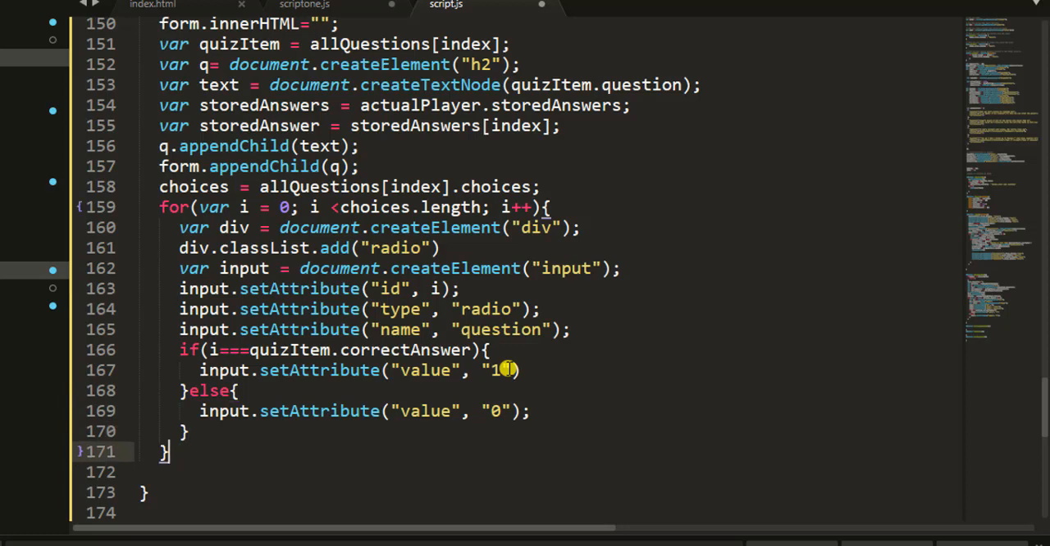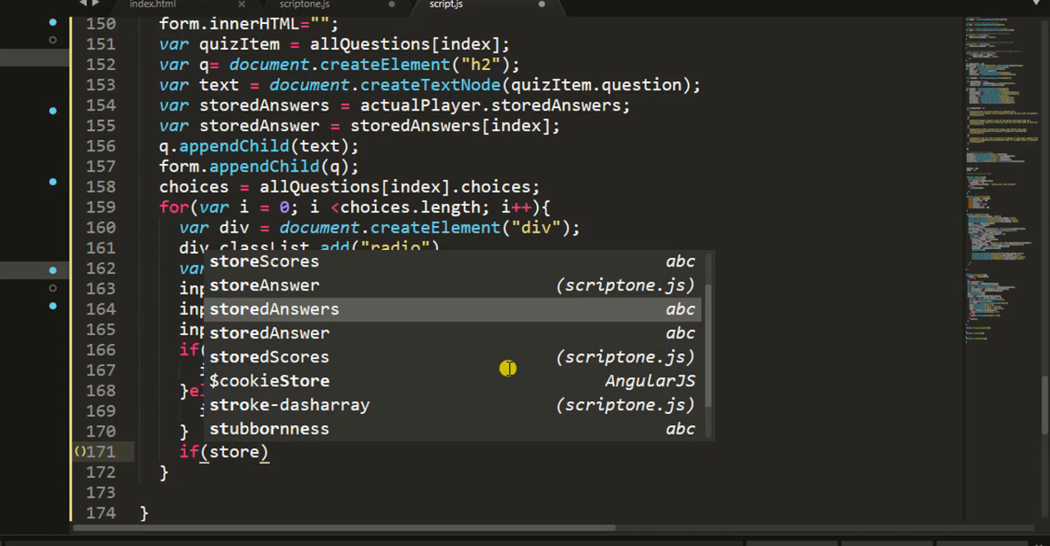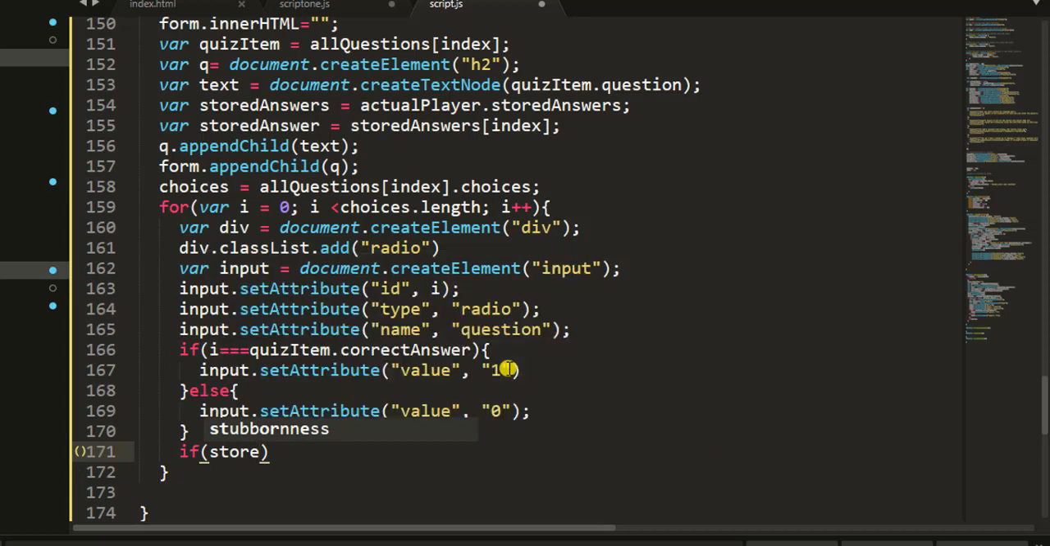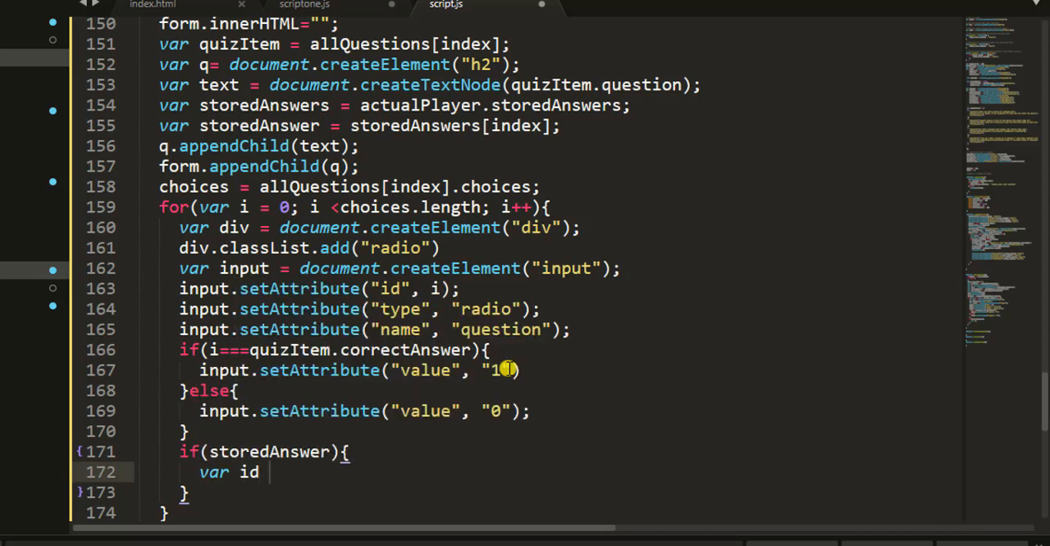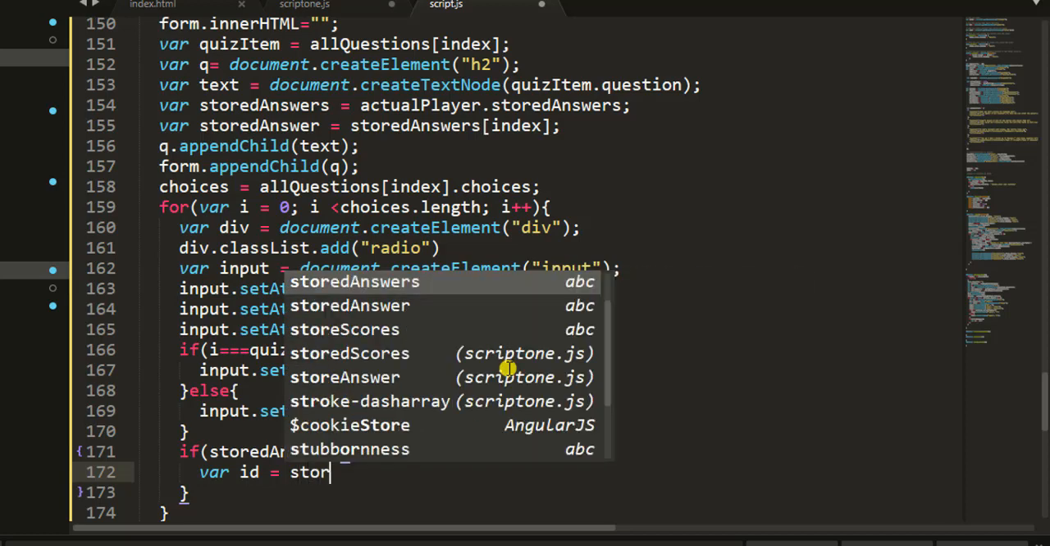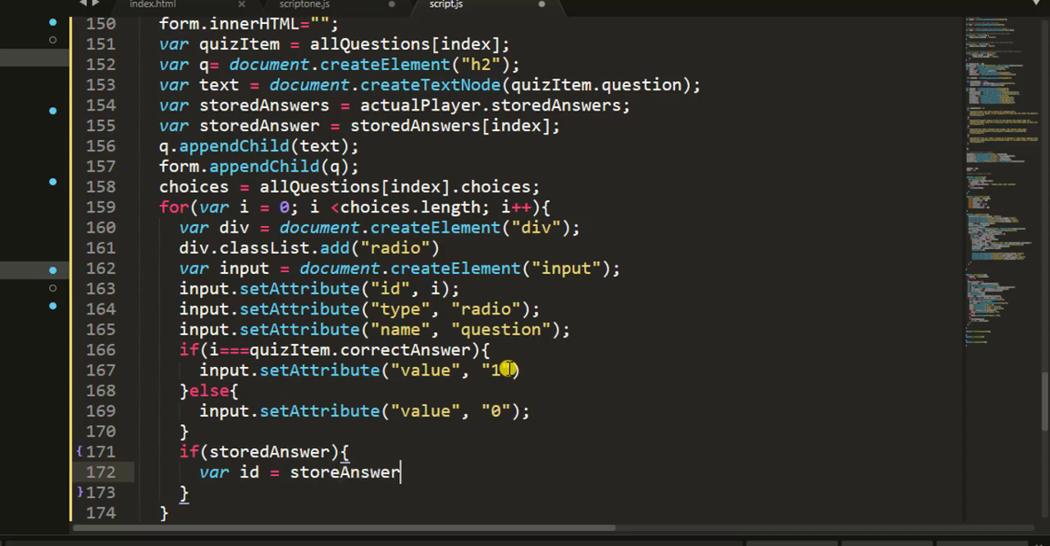So let's come down here. Okay, we're gonna say if stored answer. Now this time around, if stored answer, we're gonna say variable id. Variable id is equals to stored answer dot id. So if the question has been answered, we want to save that answer now inside our